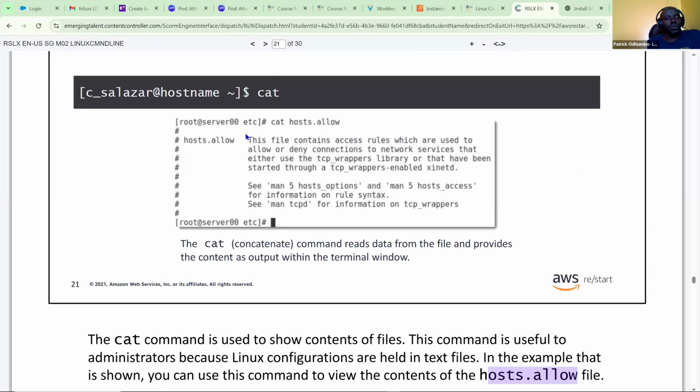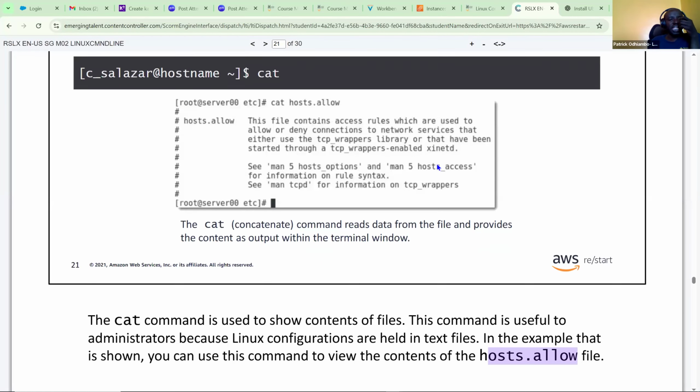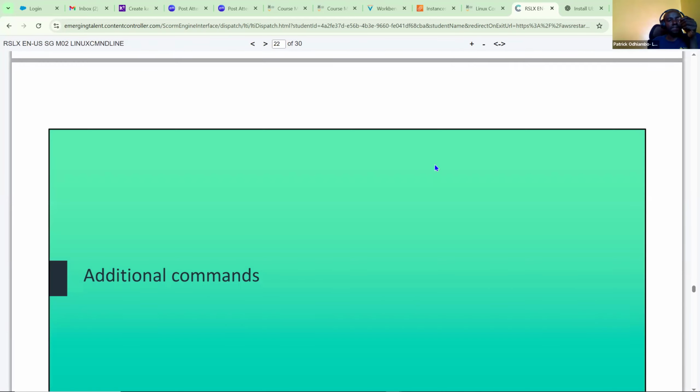So you can see here we are doing cat hosts.allow. This file contains access rules which are used to allow or deny connections to network services that either use the TCP wrappers library or that have been started through TCP wrappers-enabled XINETD. Don't worry about that. Linux has its own language.